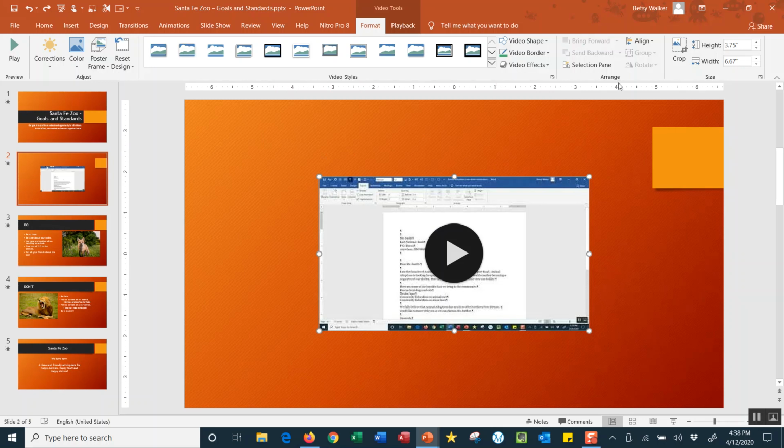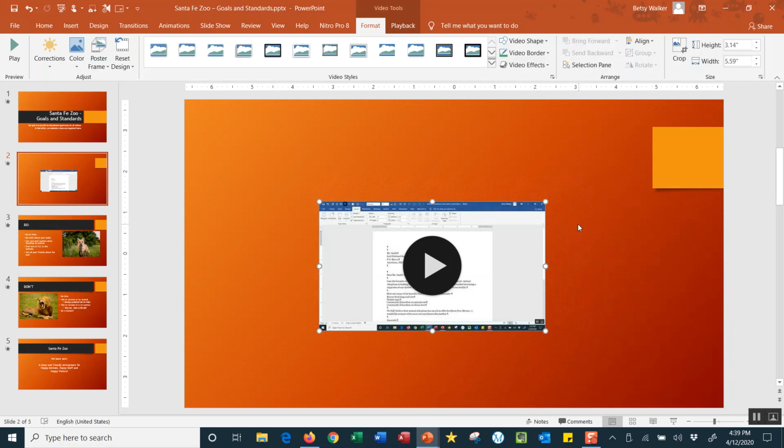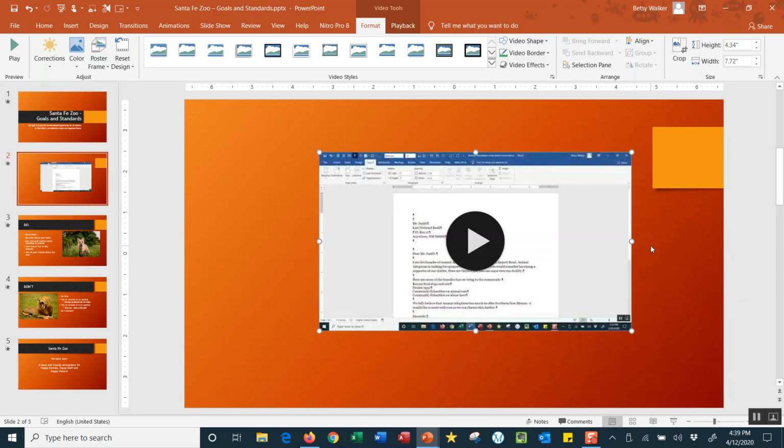We have an arrange group and also a size group, and the arrange group has to do with when you have more than one object on your slide, and we are only going to be working with this one object for now. Sizing has to do with making it smaller, so I could drag it and make it smaller, or I can make it bigger again. I can do that just with my handles, or you can do it numerically with these tools up here. If you want to actually crop this object, you can use this cropping tool. Okay, so these are the basic tools that you have on your Format tab on the ribbon. Now let's talk about playback.